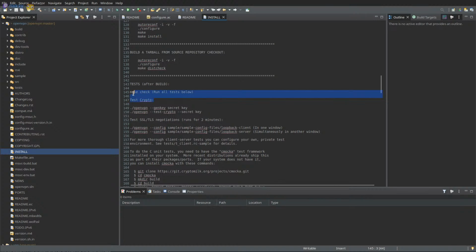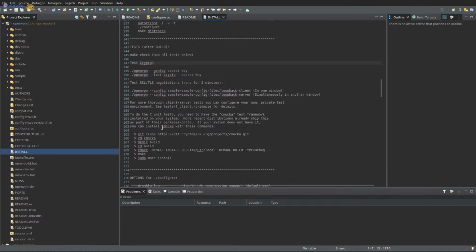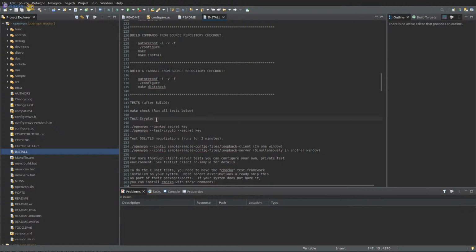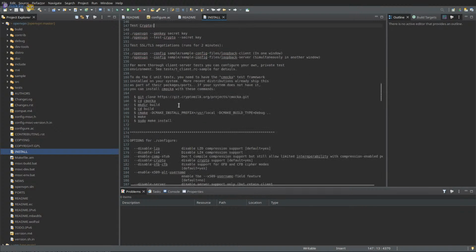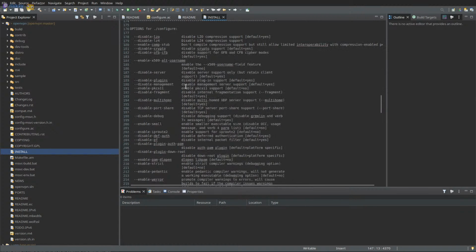Test crypto. What? Oh, cryptography. When I read crypto, I kind of think about cryptocurrencies right off the bat, but that probably wasn't the thing when this was initially created. Tests after build.